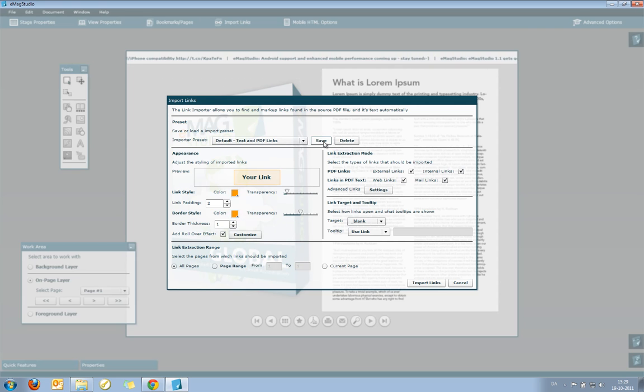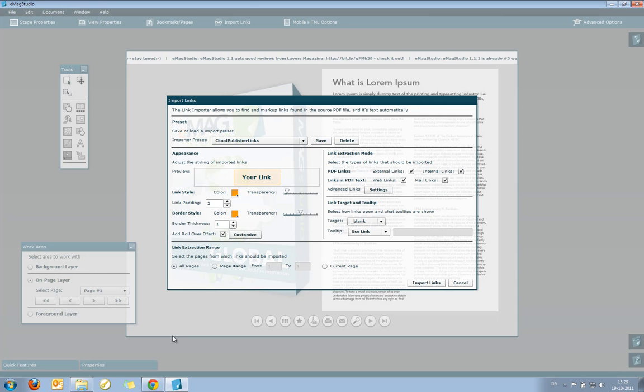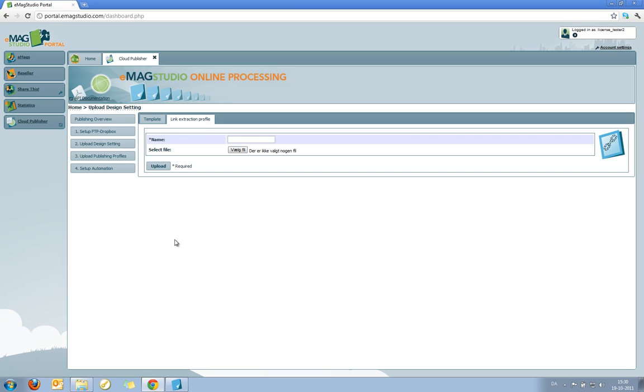When I'm happy with my settings, I click Save and give it a new name. So we'll call this one Cloud Publisher Links also. And with that saved, I can now go back into the Cloud Publishing module,